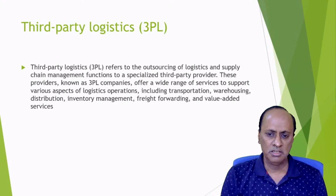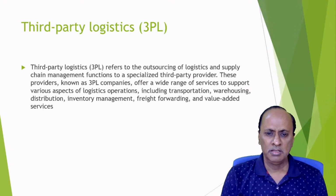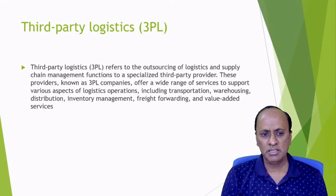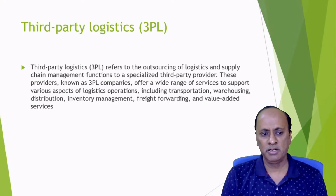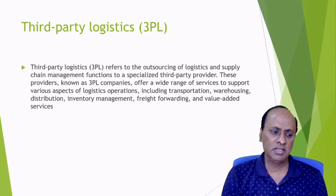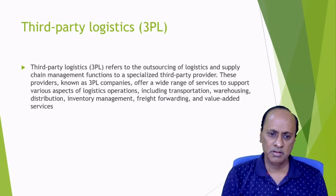So in a single sentence, I can say that third-party logistics is a strategy by which the work of logistics and supply chain management goes to an outsourced, specialized third-party logistics provider. These providers are known as 3PL companies, and they provide a wide range of services for various aspects of logistics operations, including